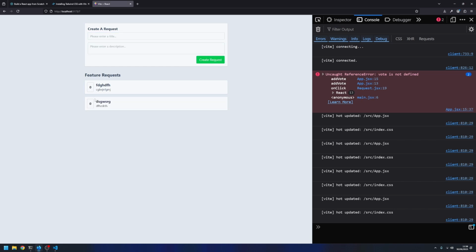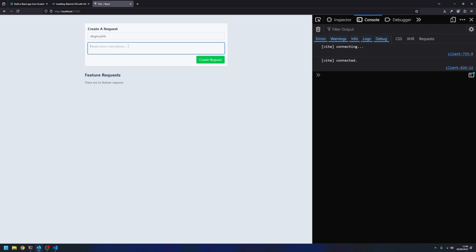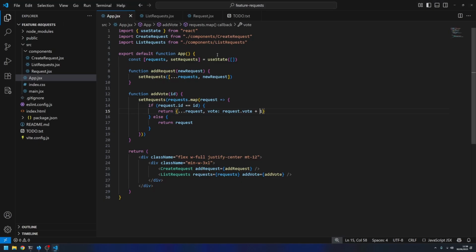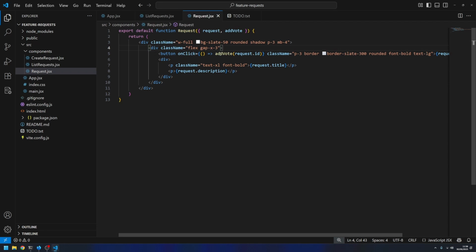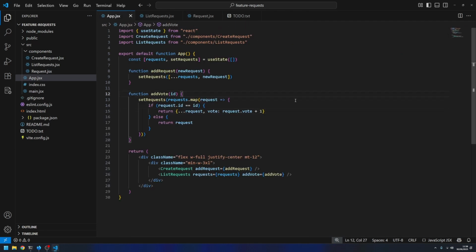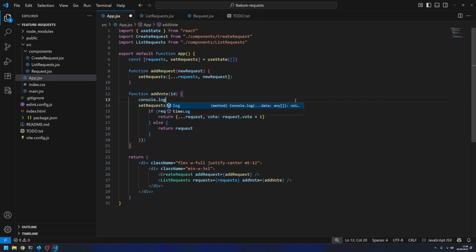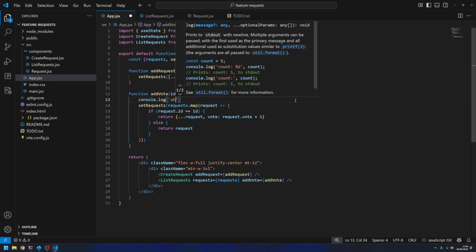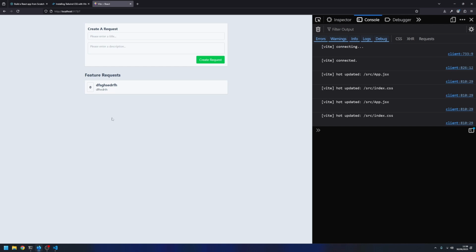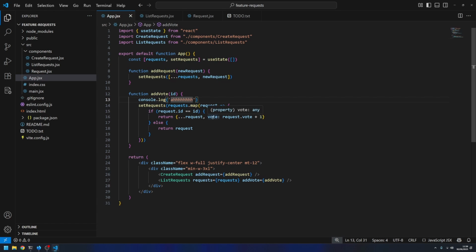Hang on a minute. I don't know if this is on click. Is it the on click that's not working? Add vote. Let's just do a console log to debug this and see what's going on. There we go. Okay, so it's getting into there, it's just not adding a vote. Now, why wouldn't it be adding a vote? So requests.map, request,